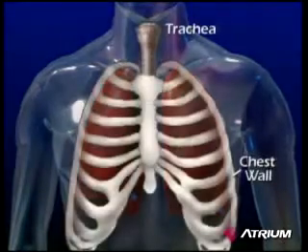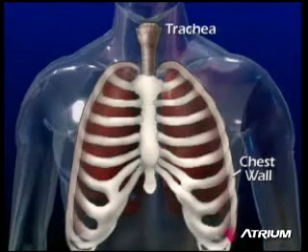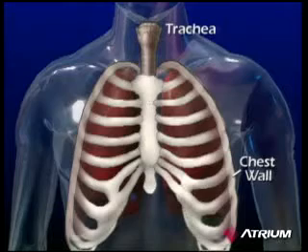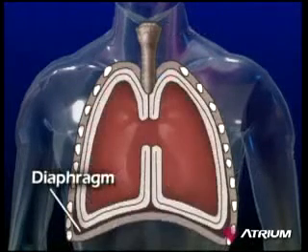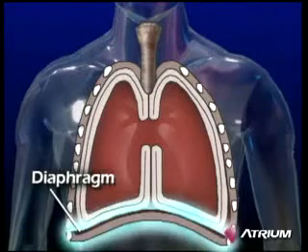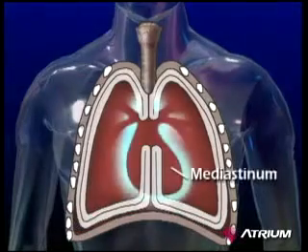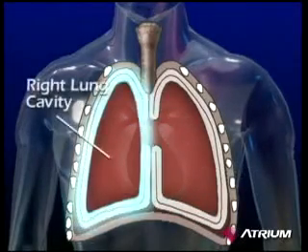The chest wall is composed of the ribs, sternum, and thoracic vertebrae. All are interlaced and covered with intercostal muscle to form a semi-rigid structure. The lower boundary or floor of the thoracic cavity is known as the diaphragm, which is also composed of muscle. The interior of the thoracic cavity can be divided into three distinct areas, the mediastinum and two separate chambers for